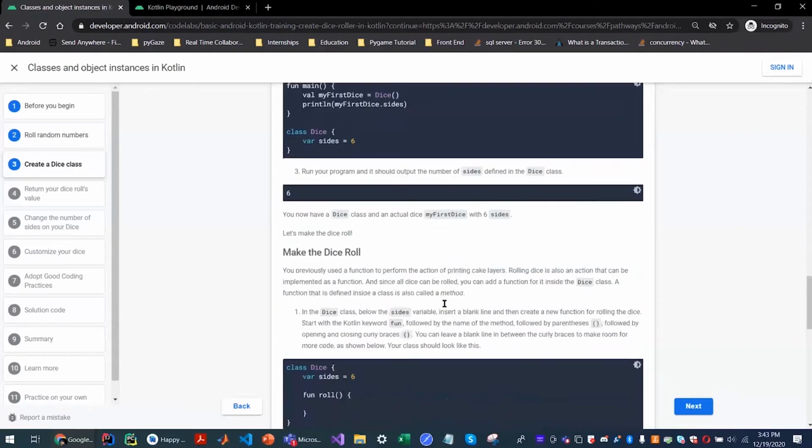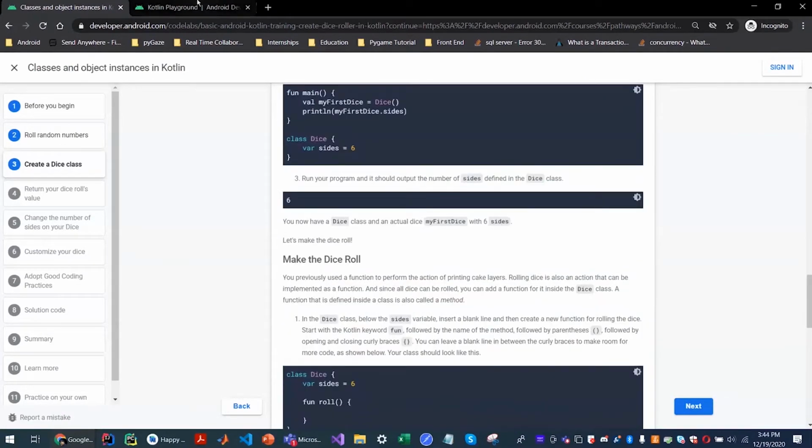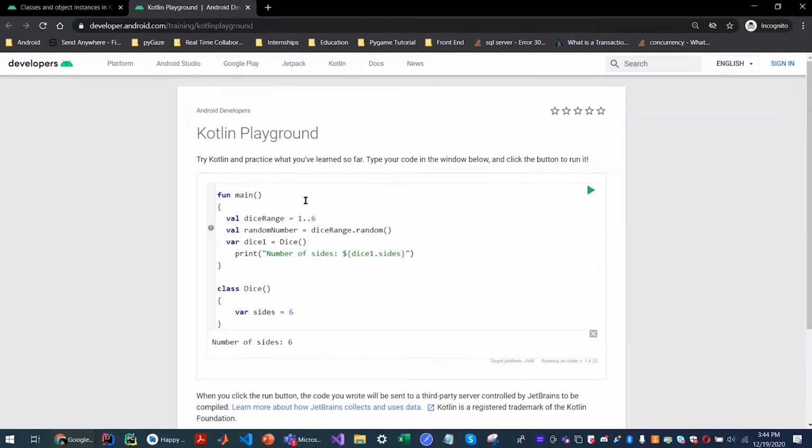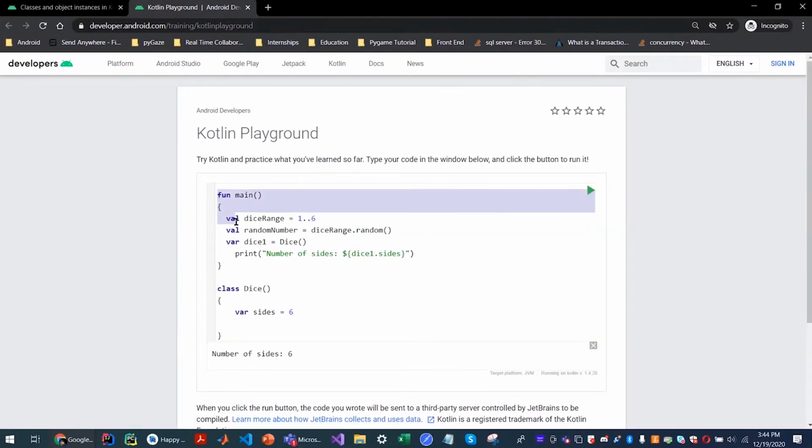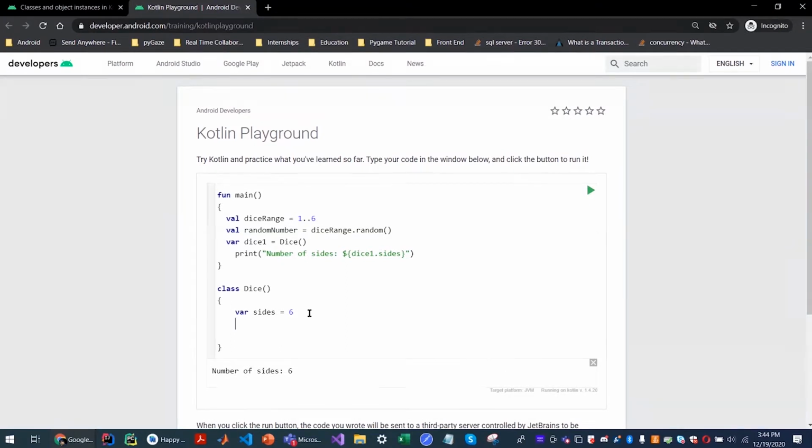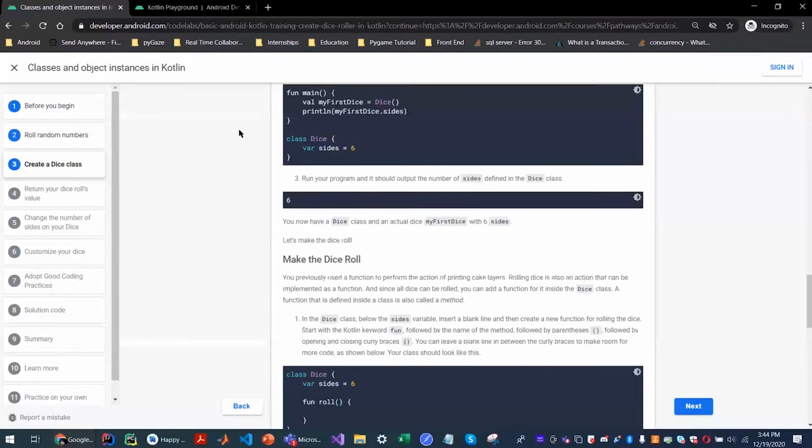One thing to keep in mind is that along with properties for a class, you can even create functions in a class. Normally we have functions. We only looked at one type of function till now, which is the main function. We can have other functions as well, and you can include certain functions to be only part of the class. So you can only call them with an object of the class. The only function for the dice class would be roll. Like I mentioned, in the app that we'll be building at the end, you'll have a roll button. So when you click roll, that function should be performed and give you the corresponding output.